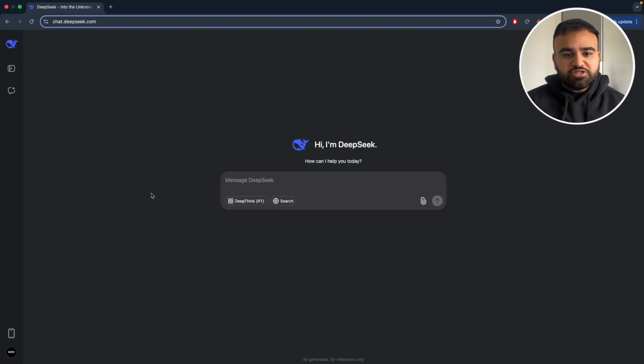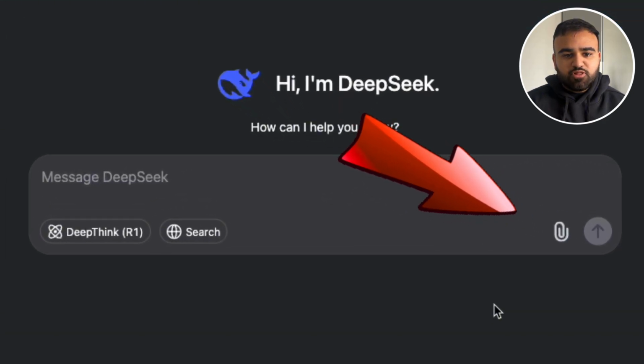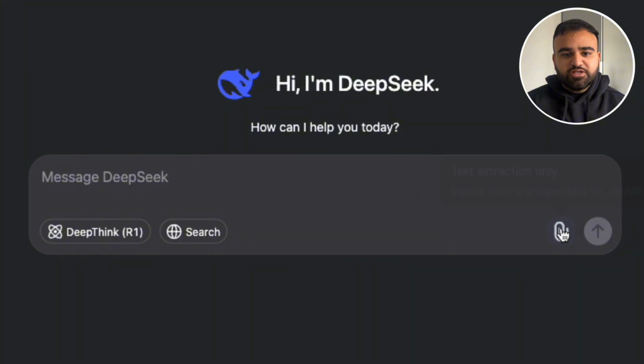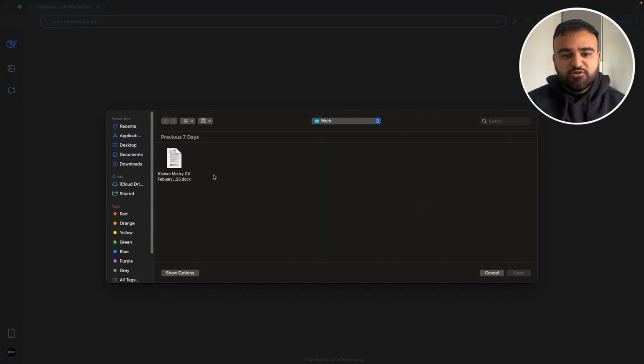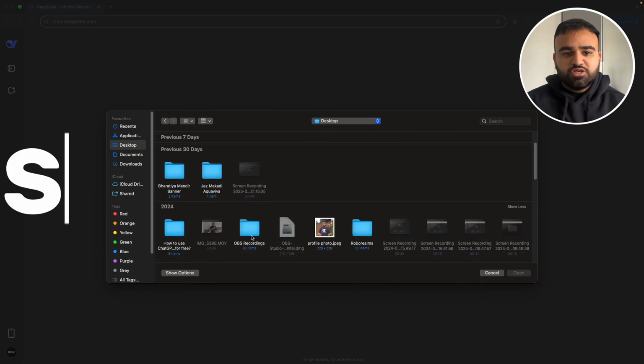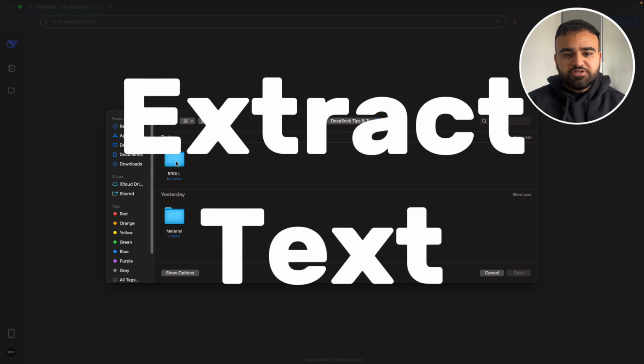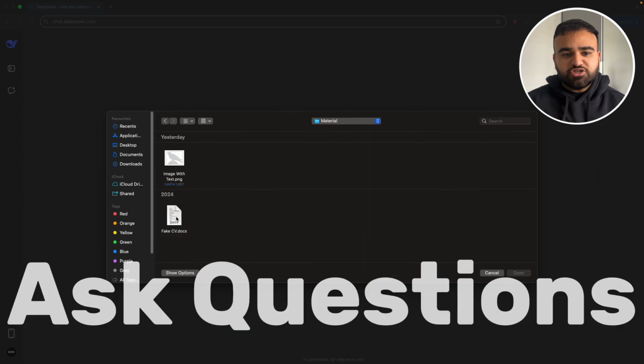Coming in at number 1 is the file upload feature. If we take a look at the prompt box, there is a staple icon to the right of it. If we click on this, we have the option to upload a variety of different documents such as PDFs, text files, Word documents, spreadsheets, and even images. DeepSeek is able to extract the text off these different images, and you can ask it questions based on the